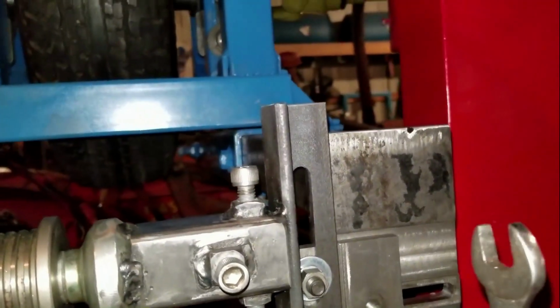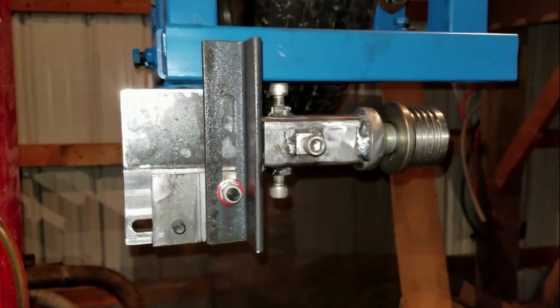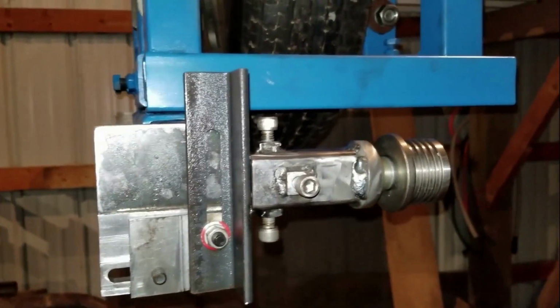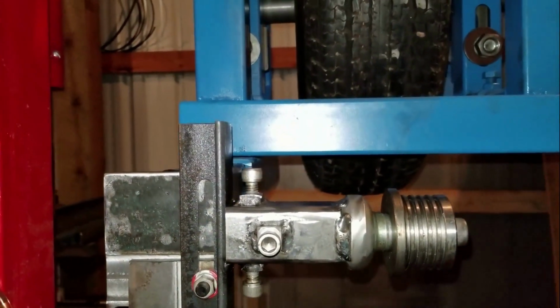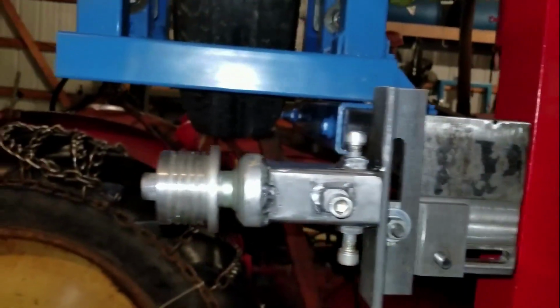I made this one here and this one over here together on the mill, and they were milled in mirror image of one another basically, so all the pieces are the same. They were all milled at the same time. What's the other thing that I was going to point out? Oh yeah,